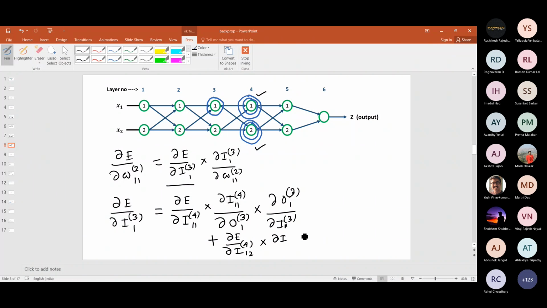Yeah, can you say again del I 1 to layer 4, divided by del O... So 1 you have to layer 3. Yeah, layer 3 and then 1 and then what? Del O31 with respect to del I 113. This one, right?